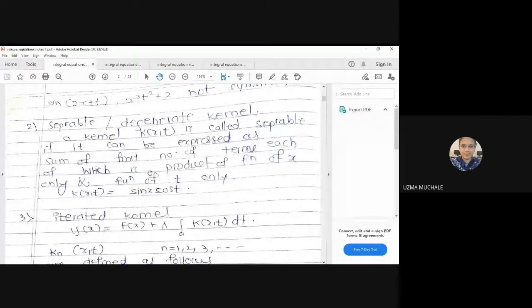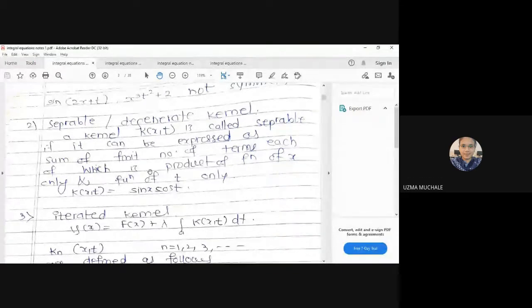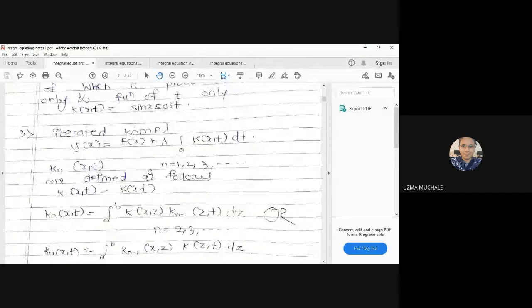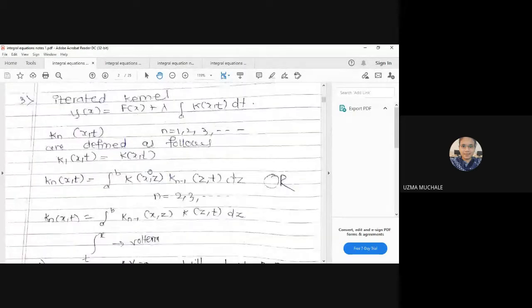So what is a separable kernel? It is in the form of a product of functions of x and t only. The examples given are sin x cos t, or simply x into t, or x t plus x square t square plus x cube t cube, or of the form x square t plus t square into x cube, like this. Iterated kernel, you know the formula very well and how to find the resolvent kernel for this, right? Next one,